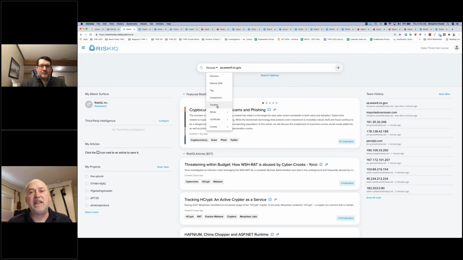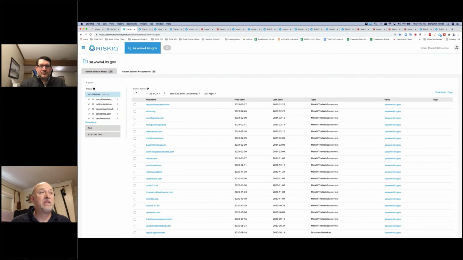Don't just find the machine. I want you to look at trackers. So now it's going to go out there and search for these trackers. So that domain name, that value, has been seen in all of these domains around the world. So you can do this for yourself. You can take your own domain, look for the trackers, and see it.